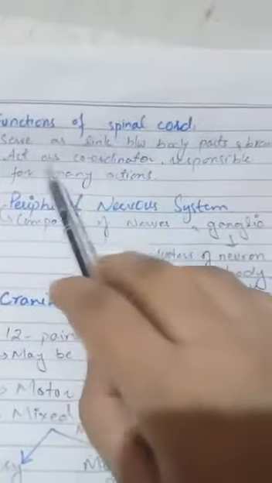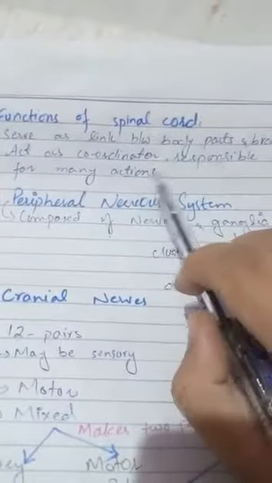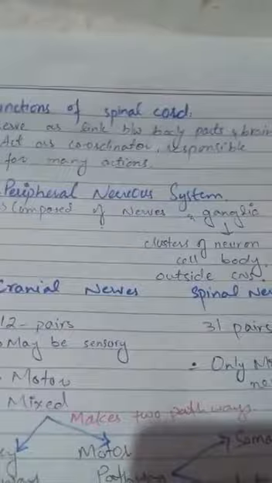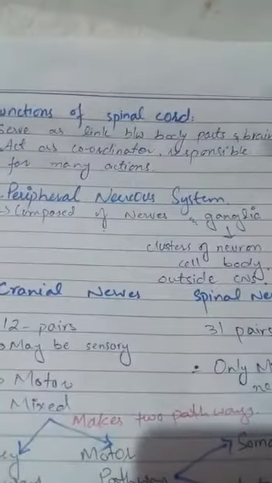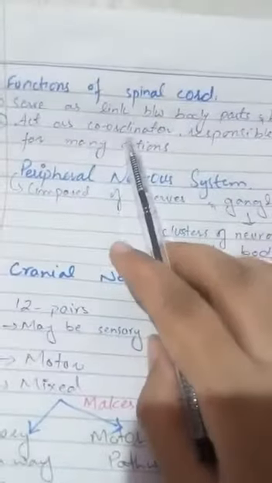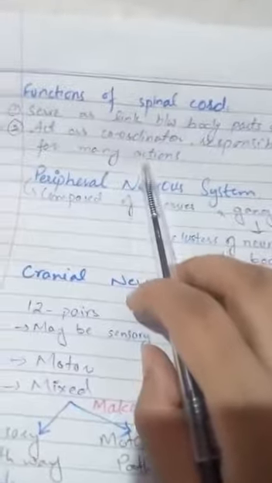So the second major function: the spinal cord also acts as a coordinator and is responsible for performing many types of reflexes or actions. Different types of actions that can be performed are controlled by the spinal cord, and it also acts as a coordinator. You know that in chemical coordination and in nervous coordination,